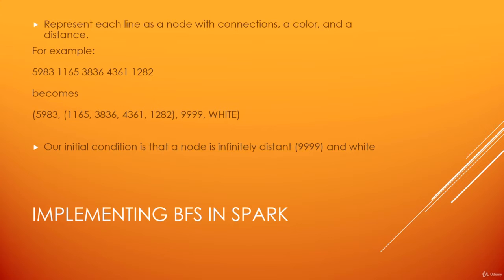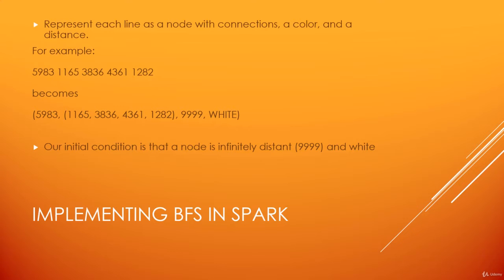in other comic books. So we want to structure that in a way that represents one of these nodes in breadth first search. So for example, we could structure this as the following tuple of tuples, if you will, where the first element is the hero ID that we're talking about, the one that's basically represented by this node, followed by a list of all the other hero IDs that are connected to this hero. So there, imagine a virtual line between 5983 and 1165 and 3836, etc., etc. So these are all the connections that are connected to our hero. And that itself is within its own tuple to keep that all self-contained.